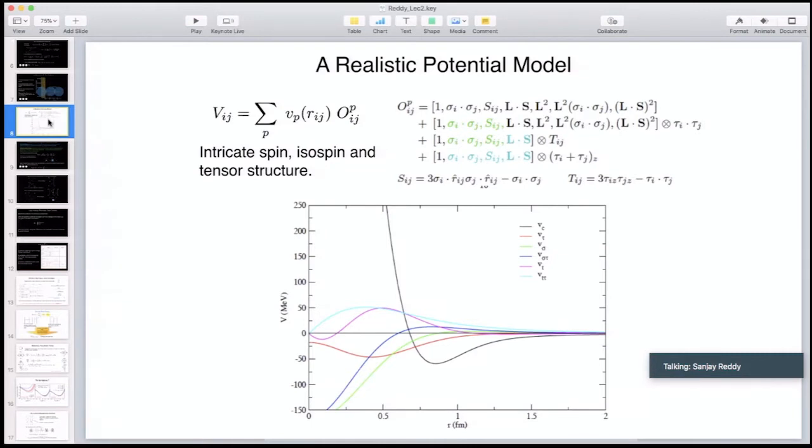bottom figure. And if you look at the black curve in the bottom figure, it looks like it's got a very strong repulsive component at short distances. It's got an attractive component between about 0.6 or 0.7 Fermi and out to large distances. So that's the most important central component of the force. There are other forces that seem to have attractive components at short distances. But the most important force in between nucleons, for example, in neutron matter, will come from the central component of